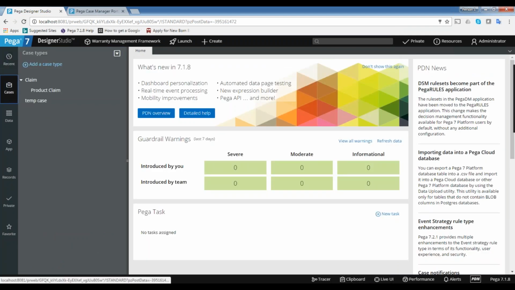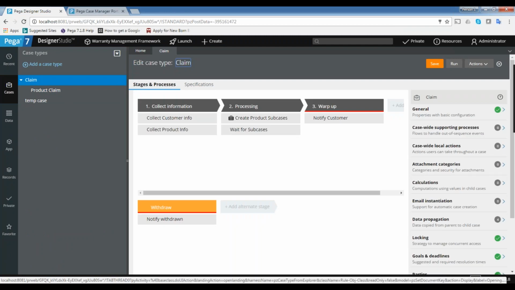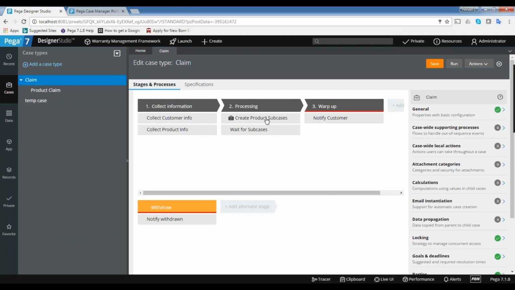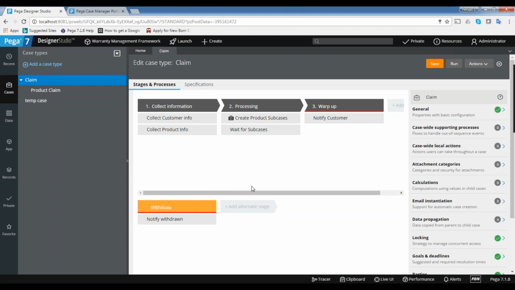So we completed the basic CSA level topics. Now from tomorrow onwards we'll discuss the advanced topics. We completed all the UI here. Now we'll see what the harness is, what types of harness we have, how we can customize the harness, and what types of screen flows we have.